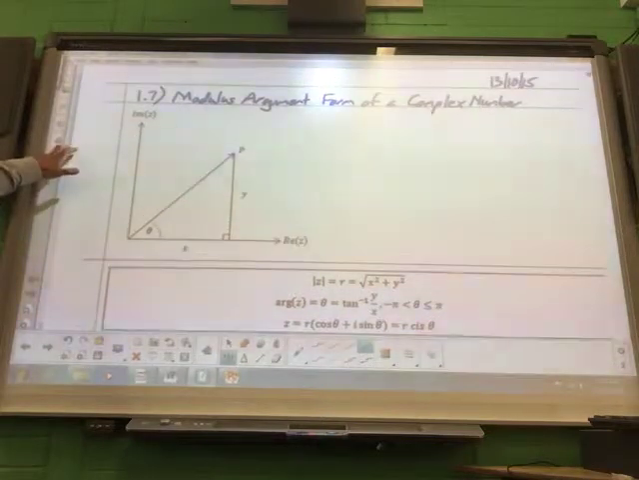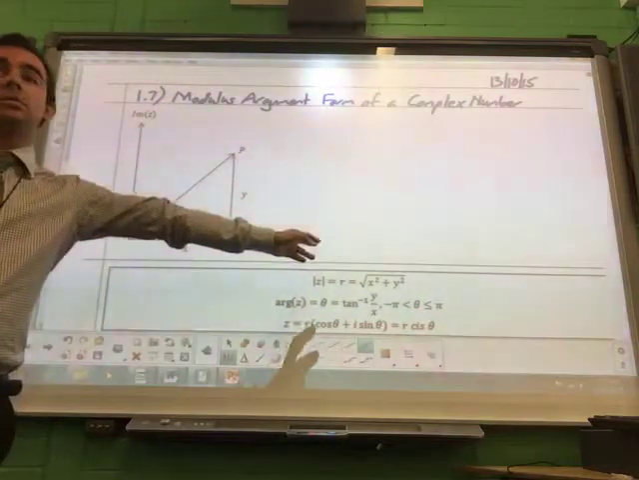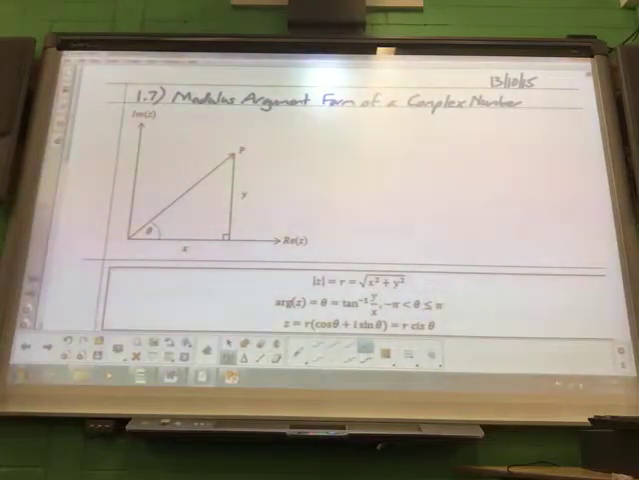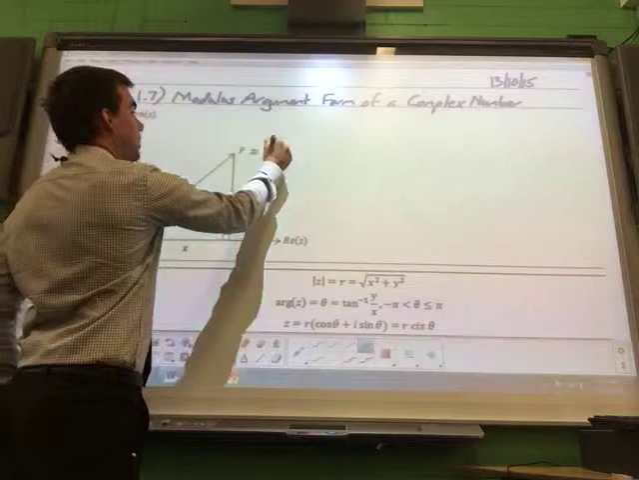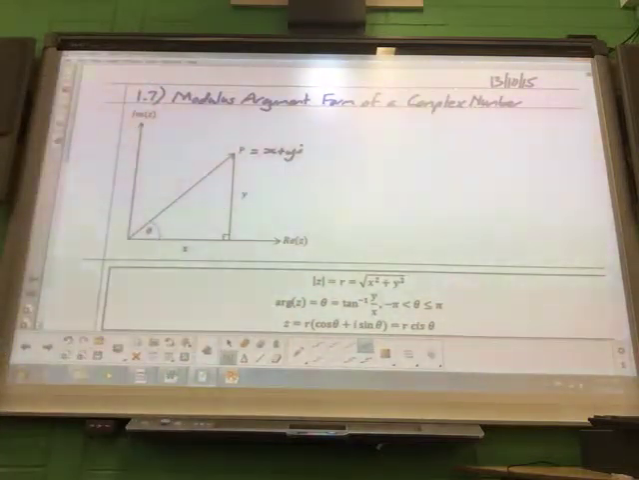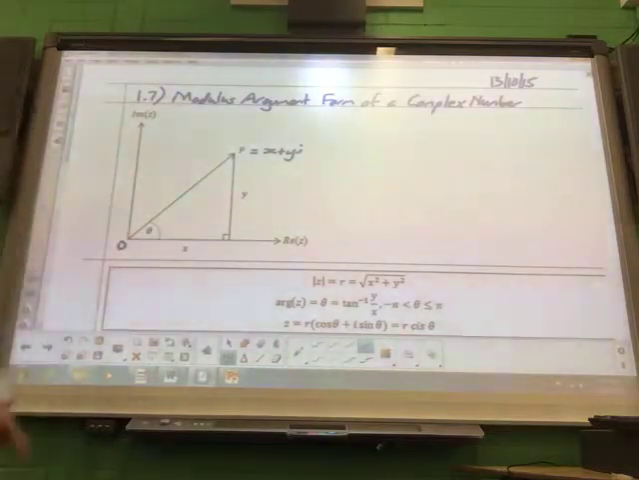Right, so we're looking at the modulus argument form of a complex number. First we're going to consider this diagram, okay? Of course we have the real axis as the horizontal and the imaginary axis as the vertical. We have a point P, which is going to represent some complex number, x plus yi, and we can of course represent P as a vector from the origin, okay? So from the origin out to the point P, we have the vector